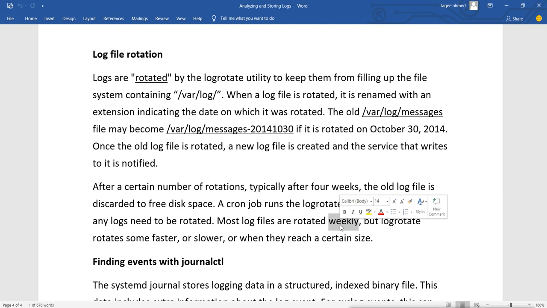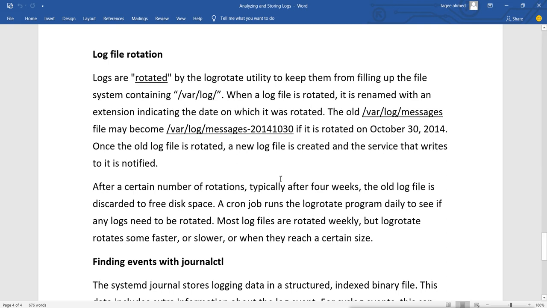It will not wait for the week; it will rotate directly at that time, rename the file, and after every 4 weeks it will remove the old files. So this is the logrotate utility, which is important for saving disk space. Otherwise your log files will fill up the whole space of the partition which contains this directory.